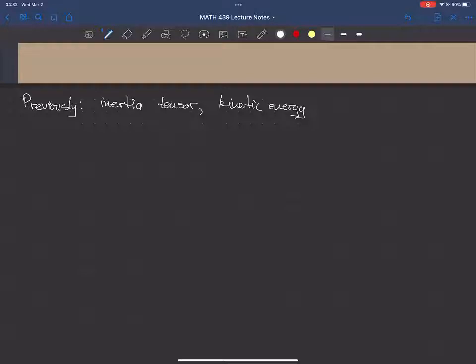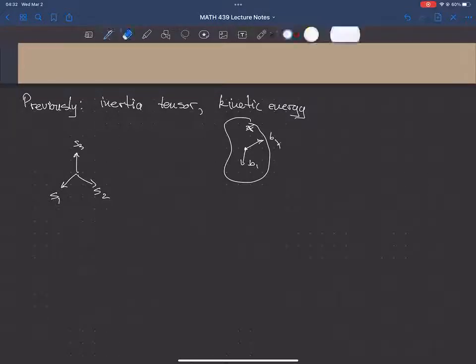And the idea is we want to talk about the kinetic energy of a single rigid body in motion first. So here's our body, and it has its body frame. Like so. Okay,